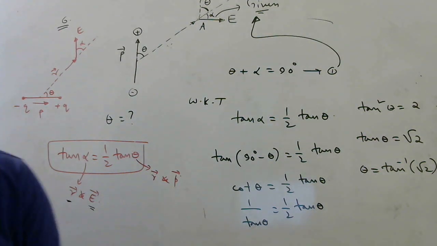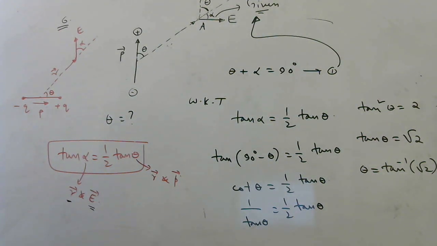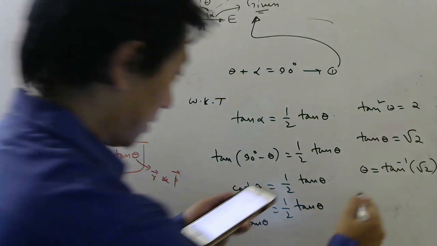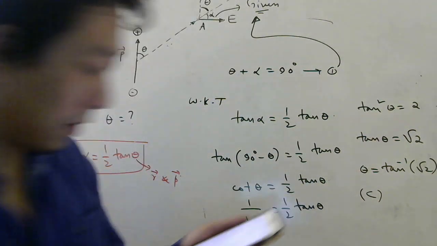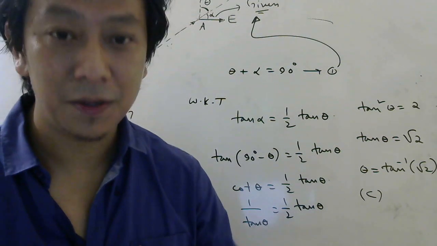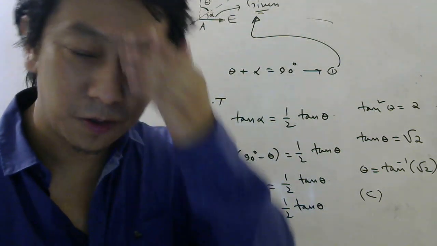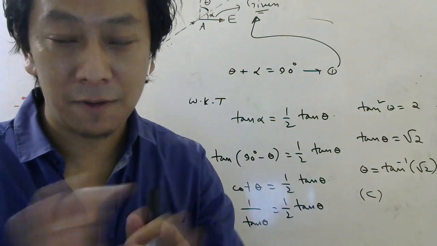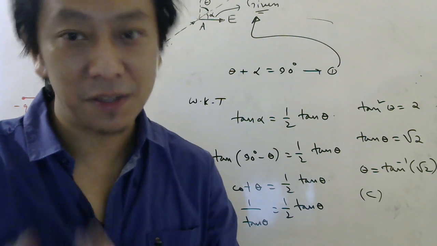Okay, so which is the right answer? The right answer, tan inverse root 2, will be which option, students? Check quickly. Tan inverse root 2 is option C, but in the PDF I think they have given option A. So please check. I can see there are a few printing errors here and there. Every time I see some mistakes, I will tell you, and please rectify them.